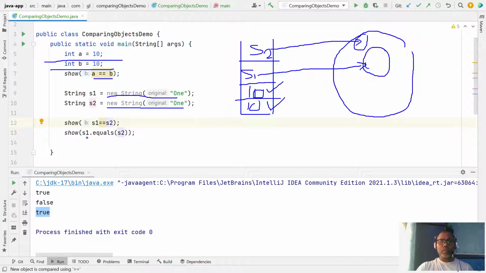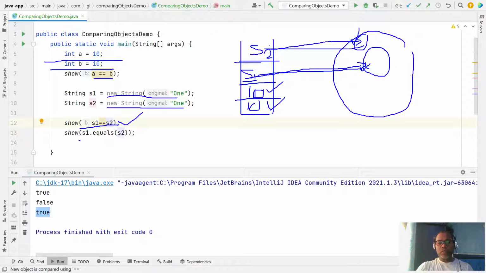So in this case, s1 double equal to s2 just checks what references are stored in s1 and s2. s1 stores the reference of this object, and s2 stores the reference of that object. Both reference different objects, so it says false, they are not equal.